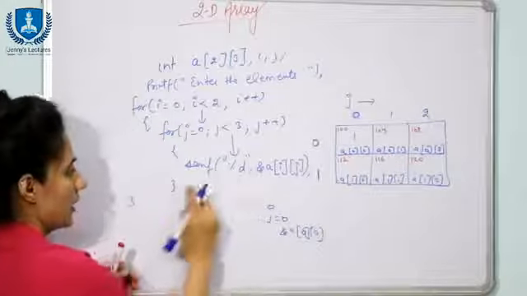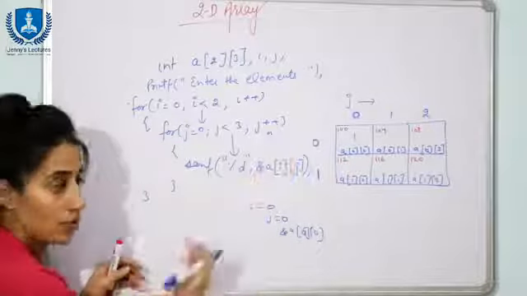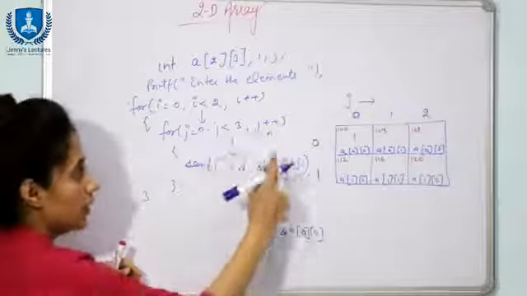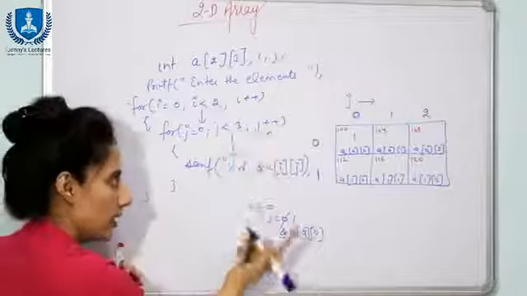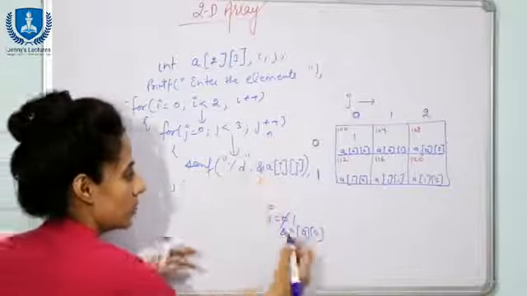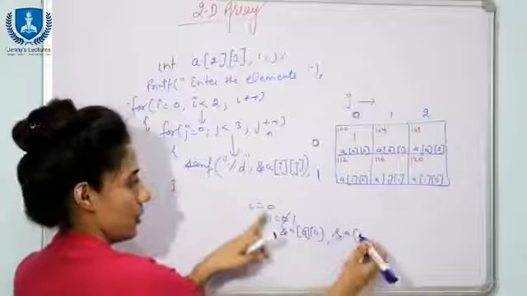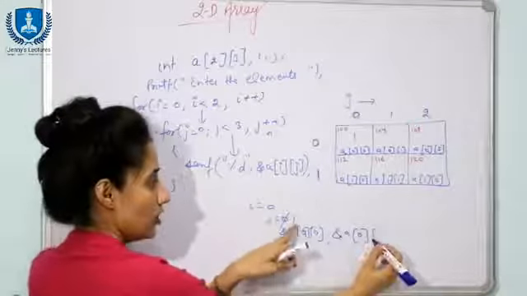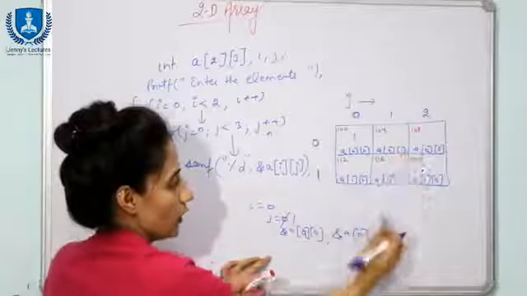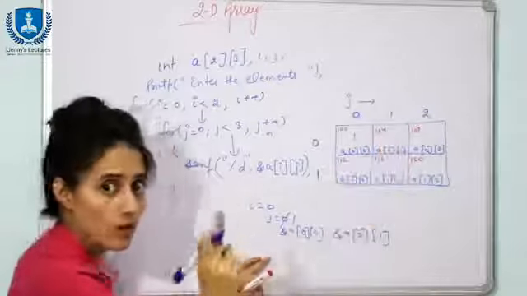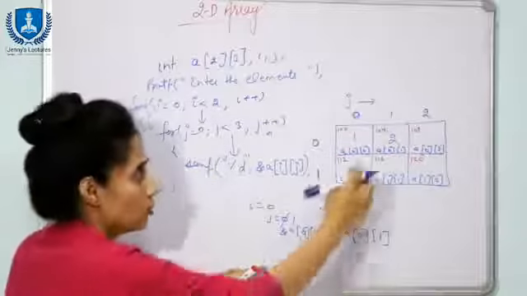Now after this line, where would the control go? j plus plus. We are within this for loop now. j plus plus means j becomes 1, 1 is less than 3, yes, control again goes to scanf %d. Now see, the i value is still 0 but the j value is now 1. What is the address of a of 0 and 1? It is 104. At 104 the next value is to be stored. Suppose I have entered 2, 2 would be stored here.